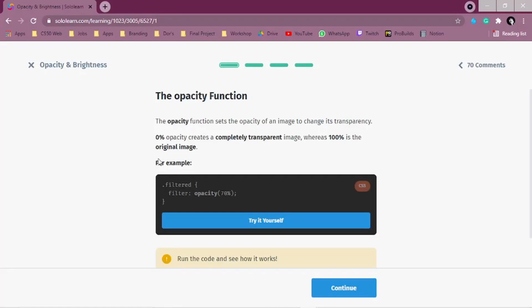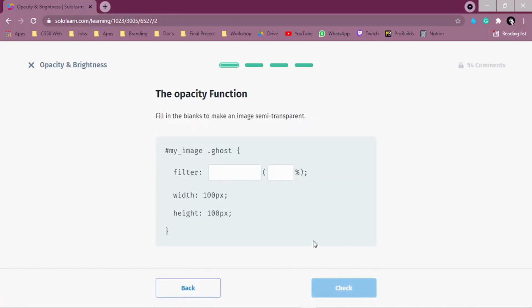The opacity function, it's again the same idea. So we have to use filter, opacity, and the percentage, but in this case 0% is completely transparent, and 100% is the original image. So here we want to use opacity, and we want to make it semi-transparent, so here